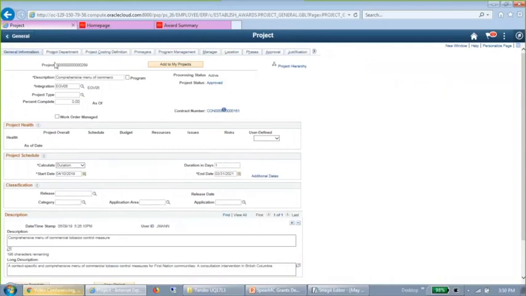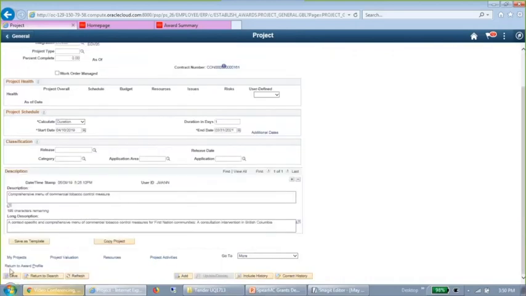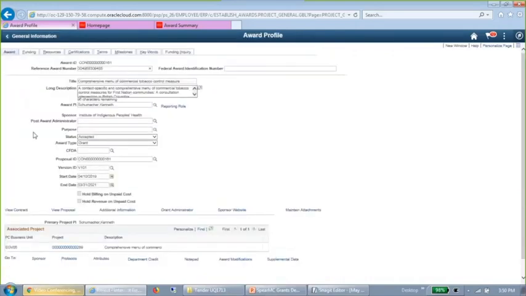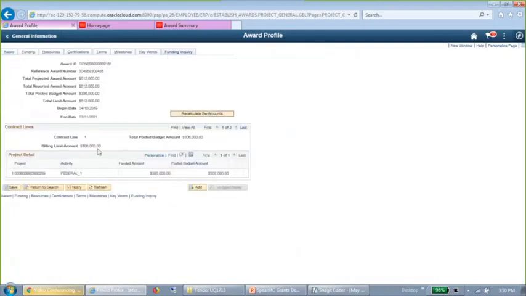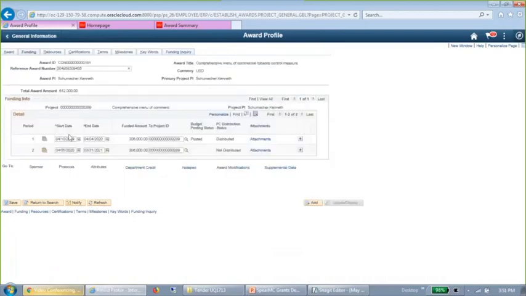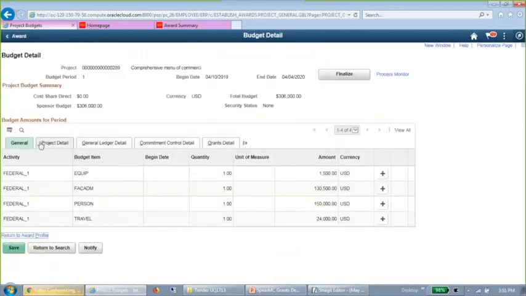I want to go, I posted the award, or I posted the budget. Let me go real quick at a high funding level. So I initially came in with that budget that I got brought over from the proposal, and I had like 3 different budget items. I went ahead and posted that budget, but as we drill down into the budget, you can have your commitment control roll up